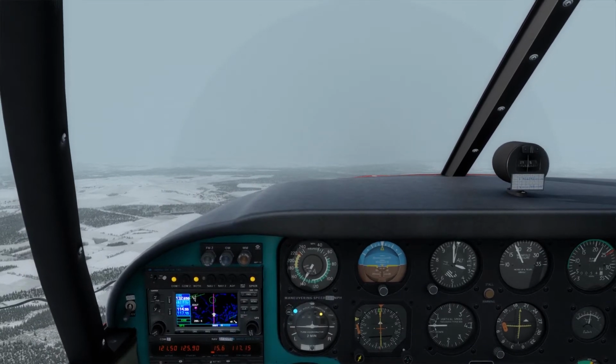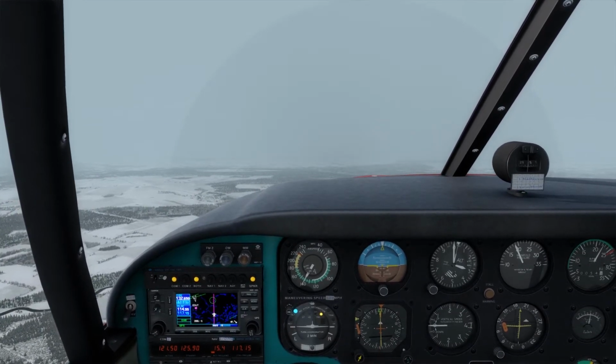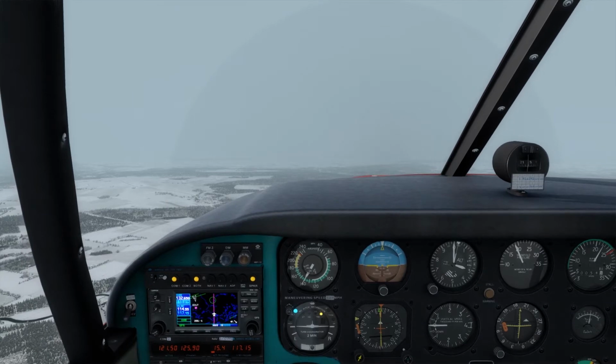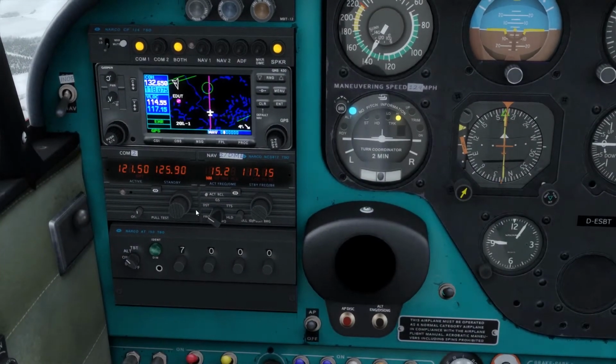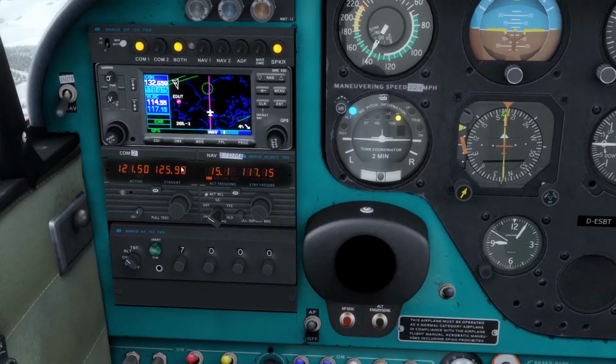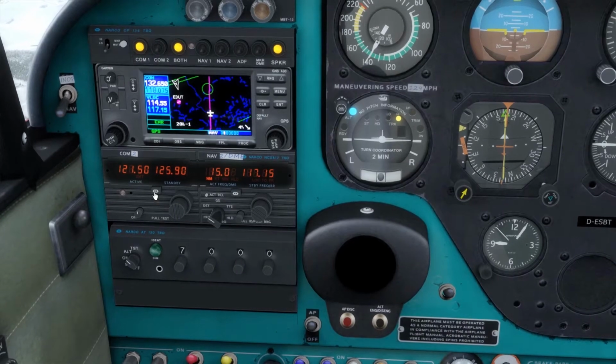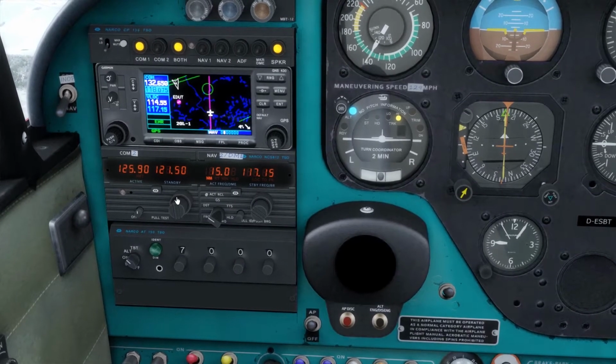So first things first, we now have to know which runway is in use. So we go to our radio, and for this I usually use the COM2 radio, and you see the ATIS frequency for Berlin is already pushed in. So let's put this simply to active